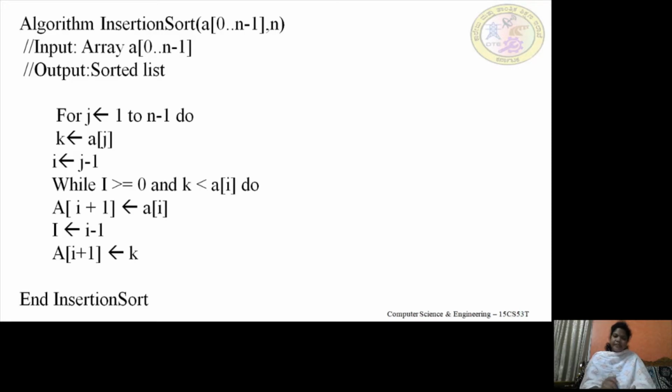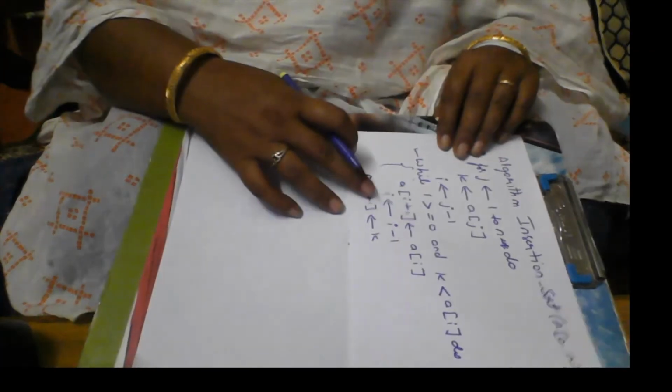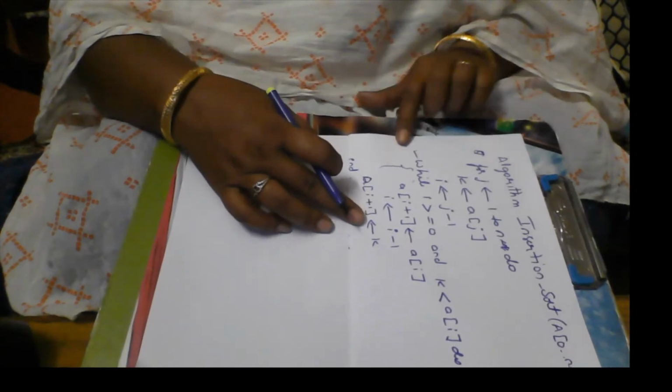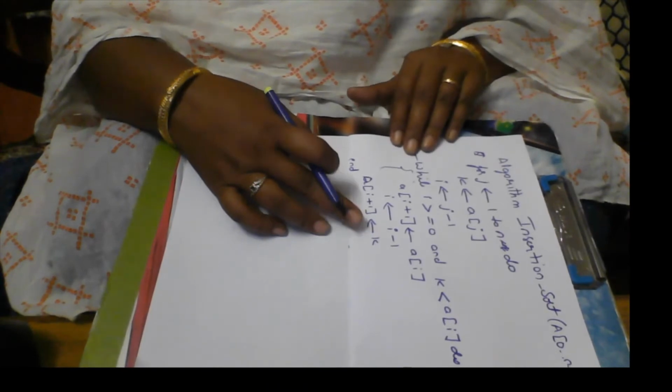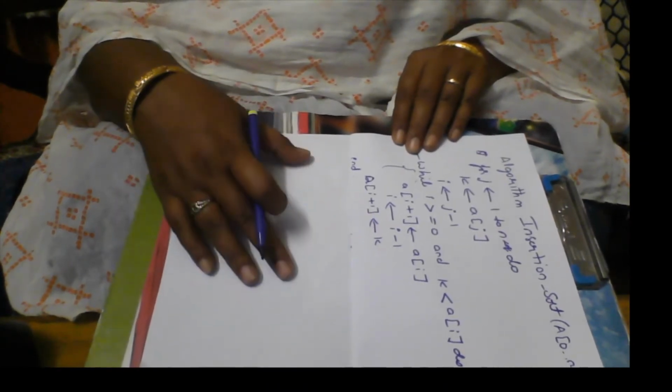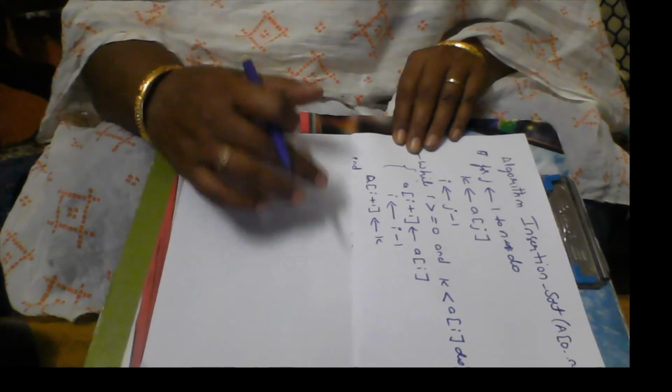For that purpose, I require a looping variable I, and j is used for the outer loop, and we have used an element called k to access the elements in the array. In the unsorted list, k is picked and inserted at the appropriate position using the I index. Here I have taken the same algorithm in handwritten format to trace an example. Using this algorithm, first let us trace the program and check how the elements are sorted.